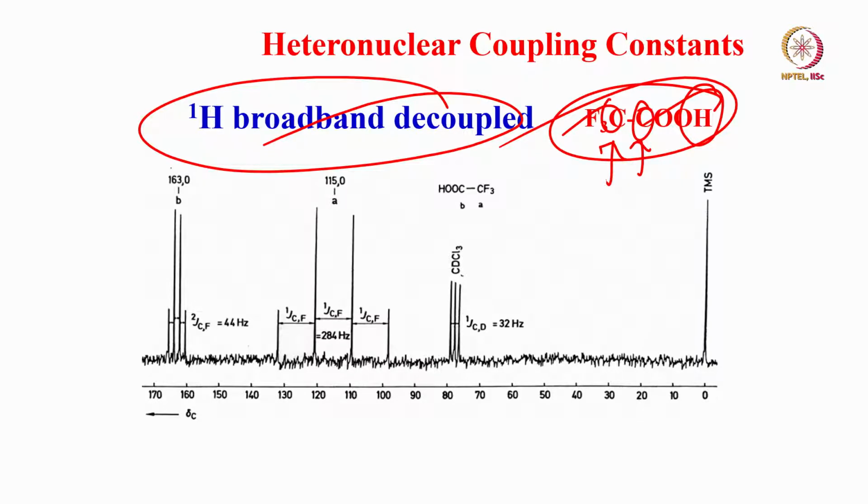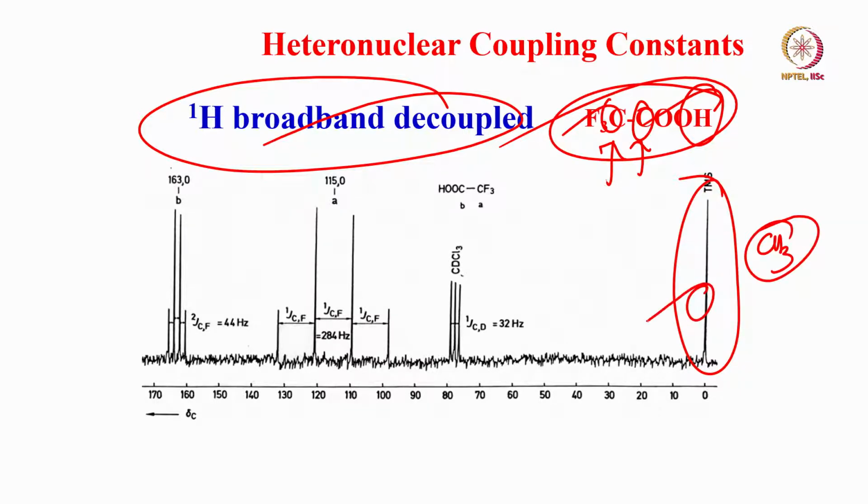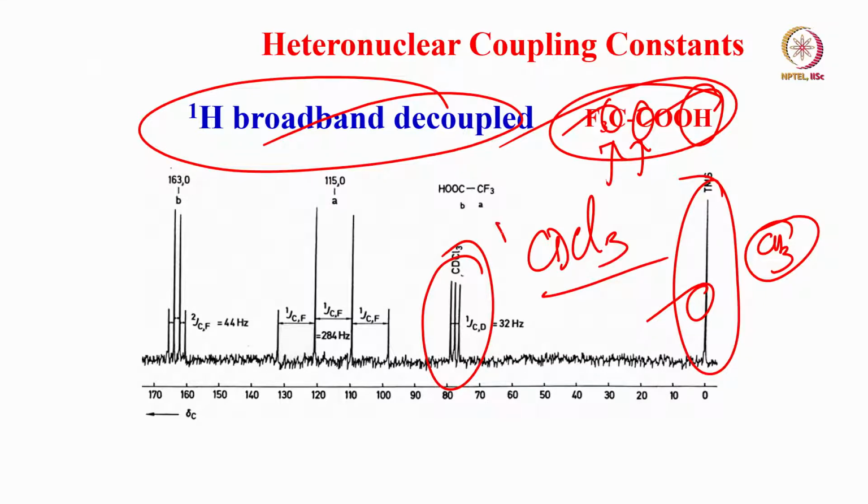Now what is the type of spectrum we are going to get for this? It is a very simple spectrum we have got, and we have to interpret it. Look at this one, there is TMS. This is used as a reference, we will ignore it. Here TMS has CH3 protons, but remember, broadband decoupled gives a single peak, no splitting at all. You come to this peak, there are 3 peaks of equal intensity. What are they coming from? This is the solvent we use, CDCl3. Carbon 13 is coupled to deuterium. Deuterium is spin 1. As a consequence, you get 3 lines of equal intensity. That is why this is a solvent peak.